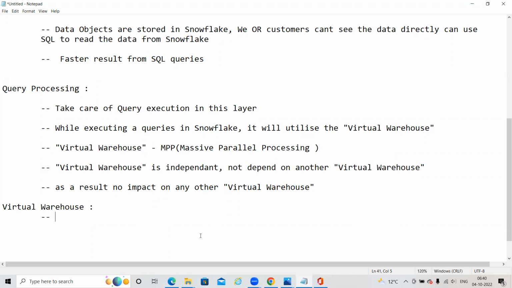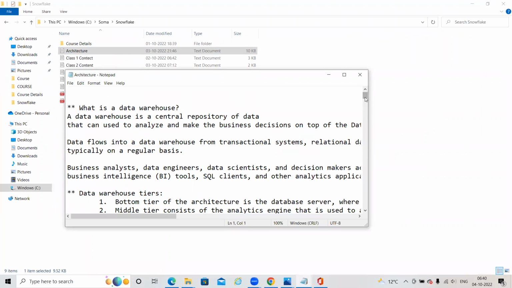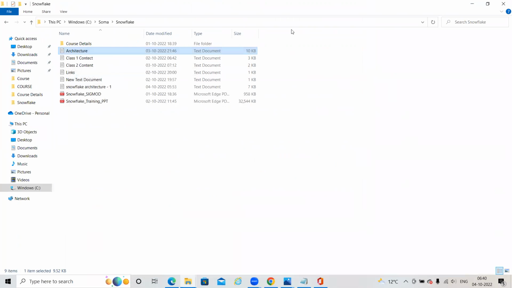I'm searching for that URL. Where is that URL? If I show that, you will get it. One second. Stop sharing. One second.